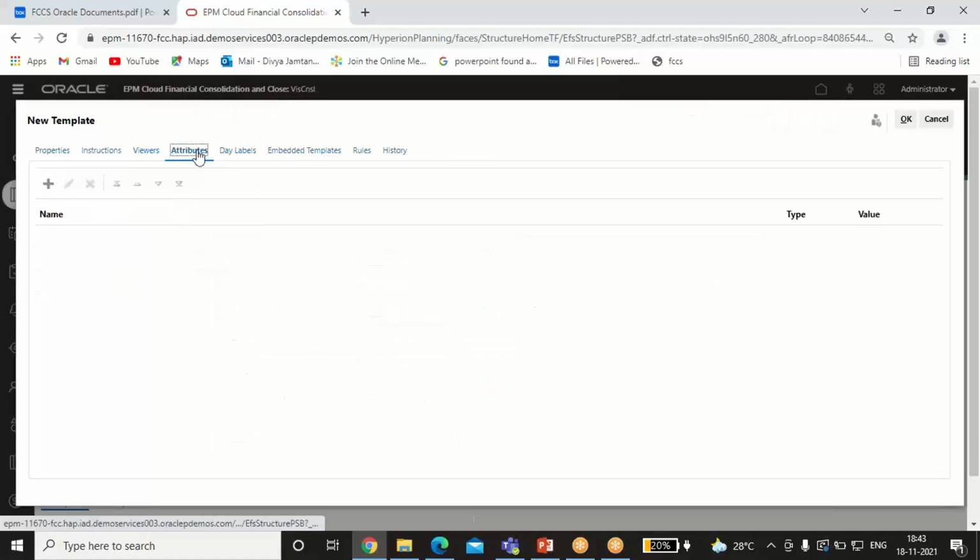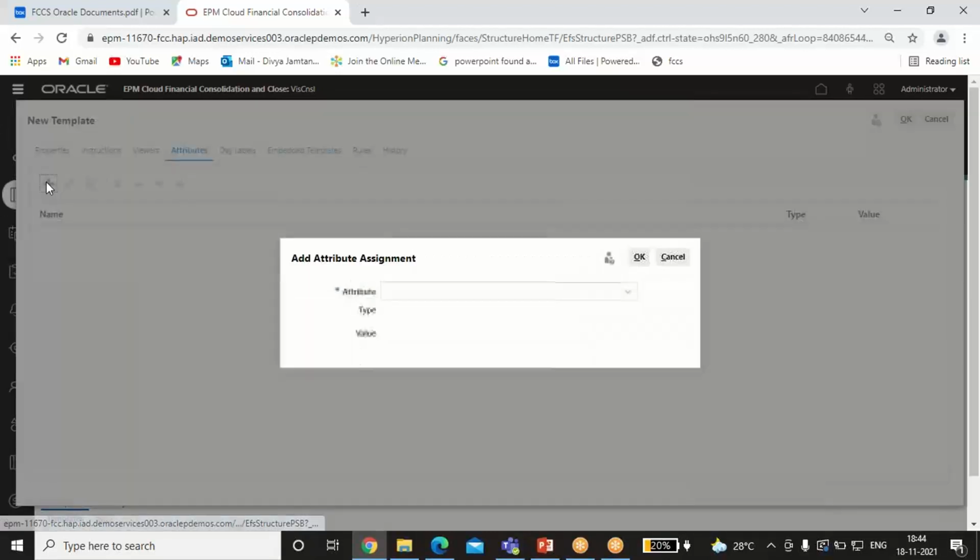Now in the Attribute tab, to locate the template in the system, we can apply attributes to the template. For example, you may have a list of sales regions with the values north, south, east and west. If the current template applies only to the west, you can add the sales region attribute and set it to west.